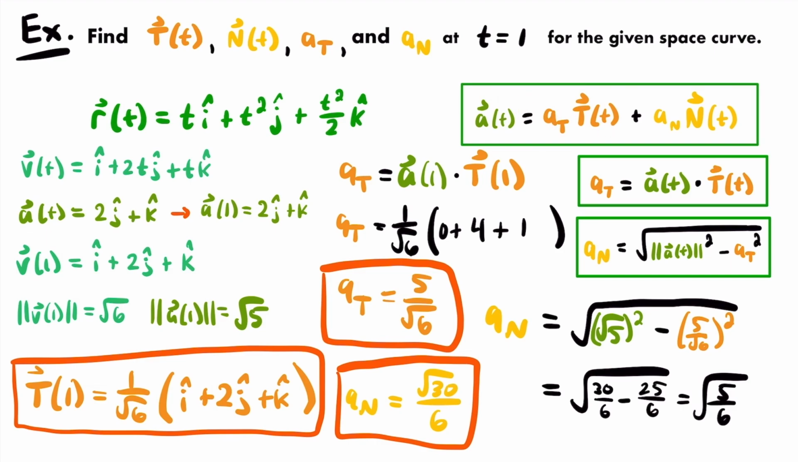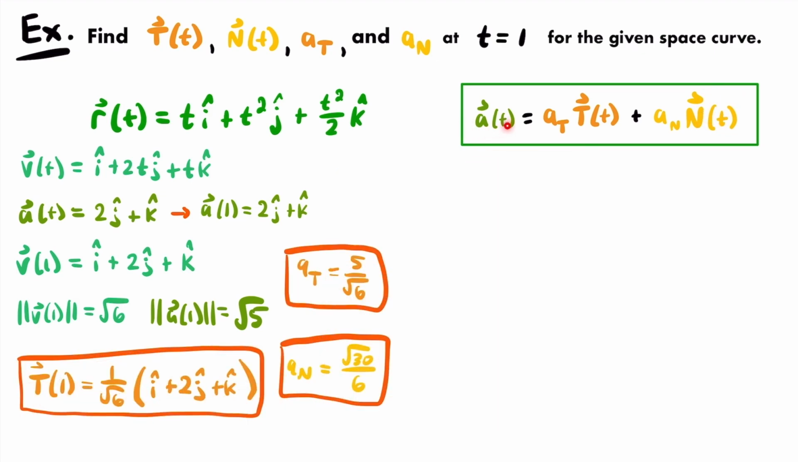We know everything else. We have the acceleration at time 1, the unit tangent vector at time 1, and the tangential and normal components of acceleration at time 1. So we can solve for the unit normal vector. Let's do that. Starting with the acceleration vector, we want to use a of 1, which is right here. So we'll have 2j plus k is equal to a sub t, which is 5 divided by the square root